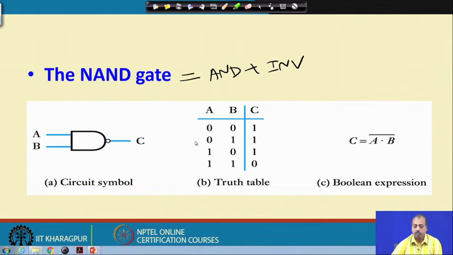This is the truth table. You see that when both the inputs are equal to 1, output is equal to 0, otherwise output is equal to 1. In a Boolean expression, it is represented like this: C equal to AB bar. The dot is often ignored, so we write it like this, AB bar. This NAND gate is called a derived gate because it can be derived from the AND gate and inverter. AND, OR and inverter are fundamental gates, and from them we can derive other gates. NAND gate is one such derivation.